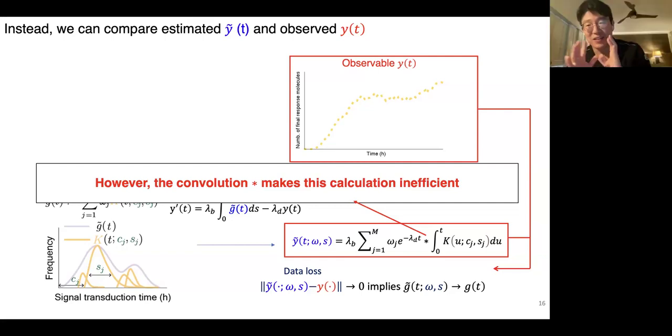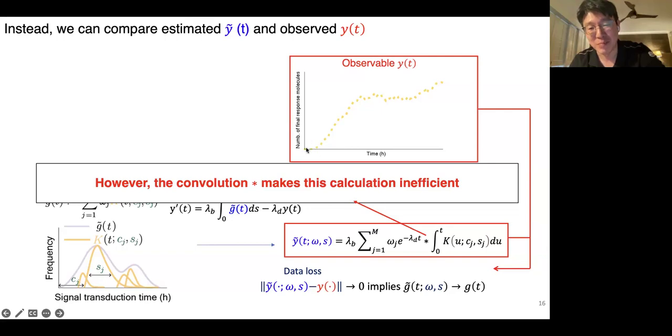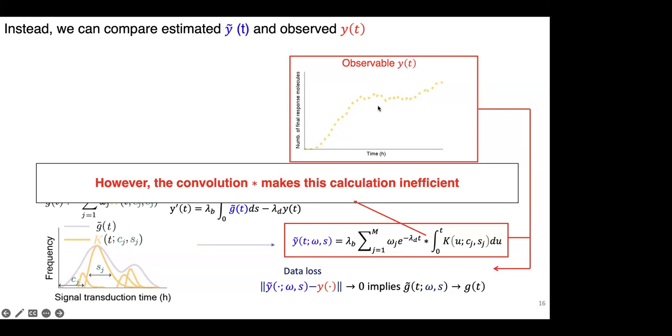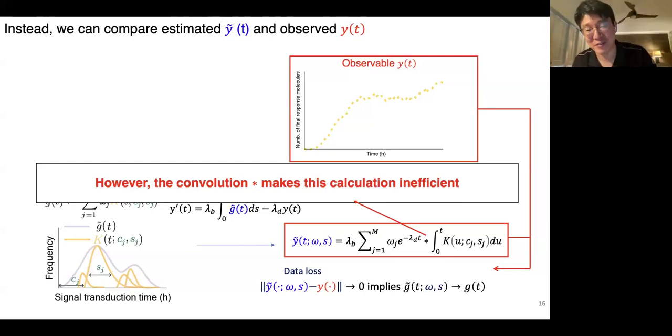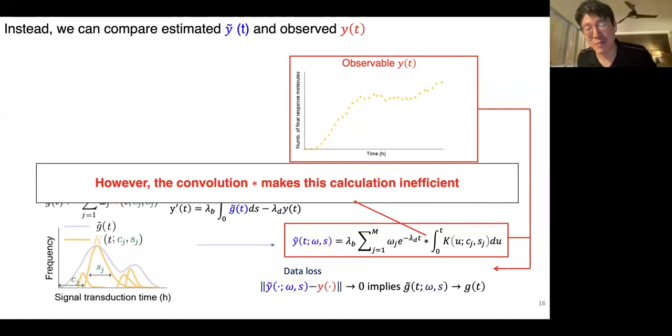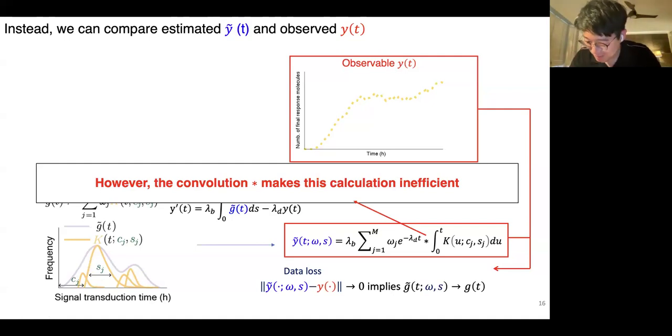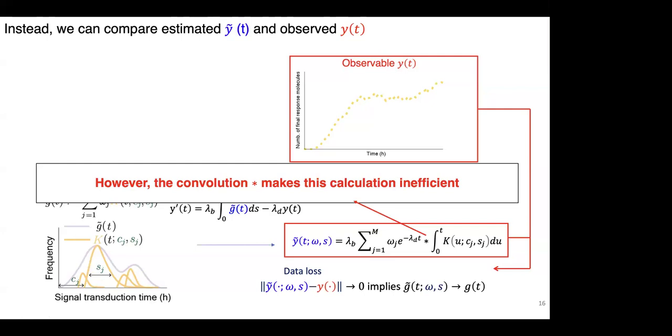Yeah, I think there are pros and cons. One pro is if we use y prime of t, then the problem becomes much easier. But the catch is that experimental data is usually very sparse. I see. In that case, the derivative could be inaccurate information. But if we have very dense data, I think using the y prime of t information might be a really good idea. Oh, I see. Thank you. But let me memorize it and tell Dr. Zhou. Maybe we can test this idea. Oh, I see. Thank you.